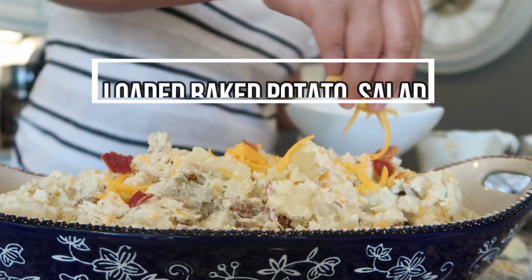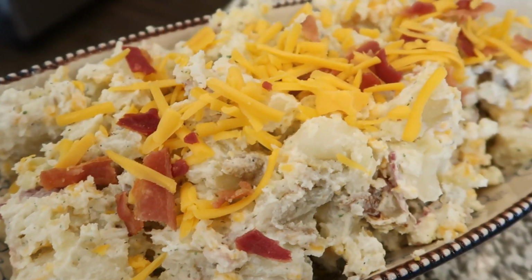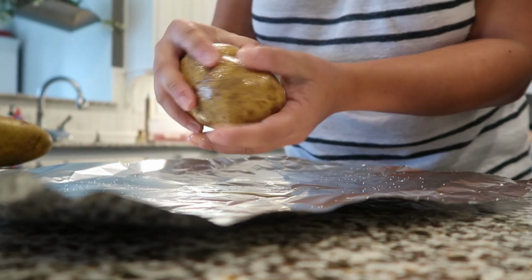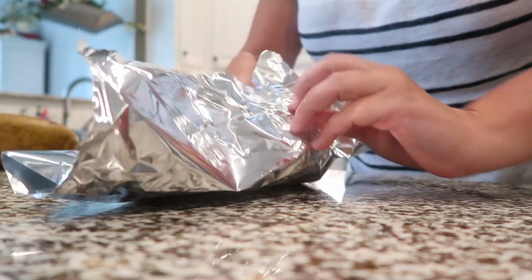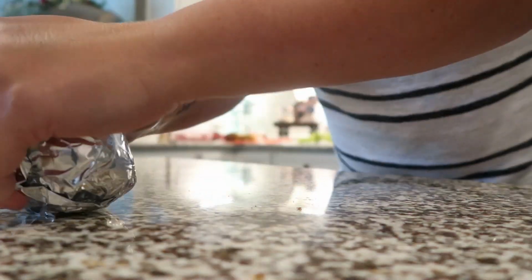So the first thing we're going to start with is a loaded baked potato salad. You're just going to start with 4 or 5 russet potatoes. I like to rub mine down. First of all, I'll wash them really good. Then I rub them down with a little bit of olive oil and salt. I wrap them in aluminum foil and I bake them in the oven at 425 degrees for about an hour